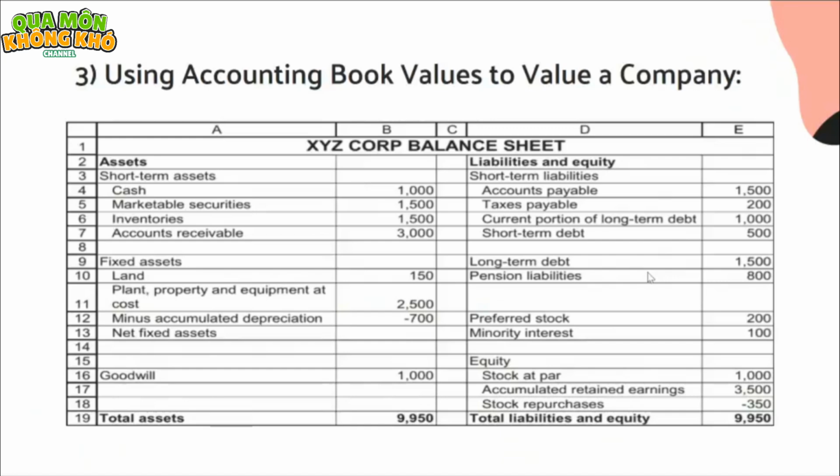As a starting point, we will consider the balance sheet for XYZ Corporation. So this is the balance sheet for XYZ Corporation. And next, we will apply the accounting book value method to rearrange and value this corporation. So we will separate the operational versus financial items in short-term assets and short-term liabilities. And next, we move the operational current assets to the left side of the balance sheet, and we move the debt